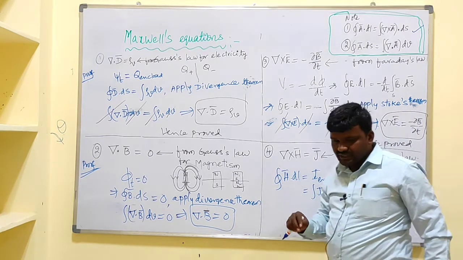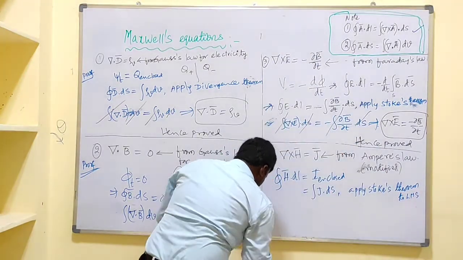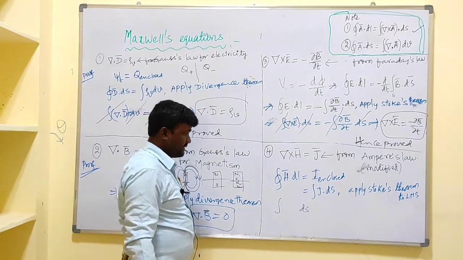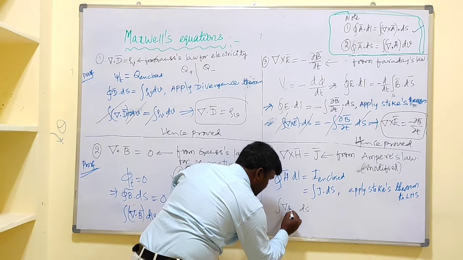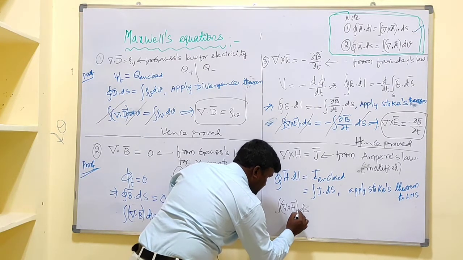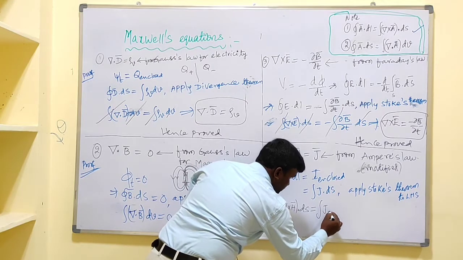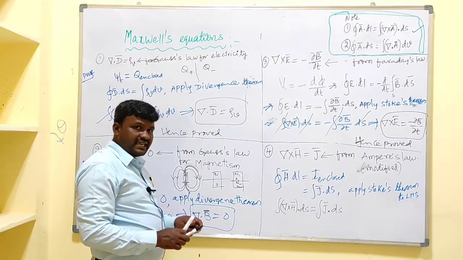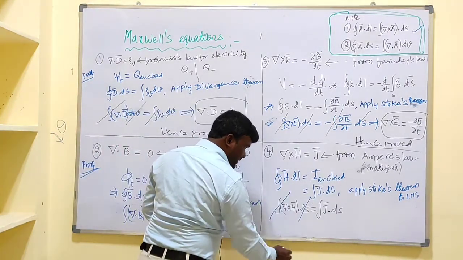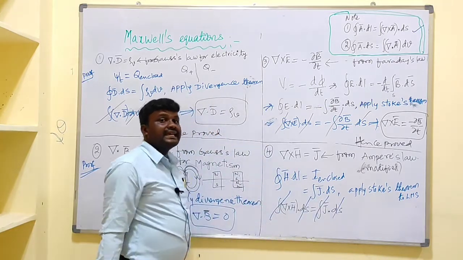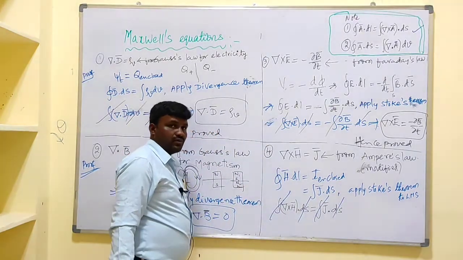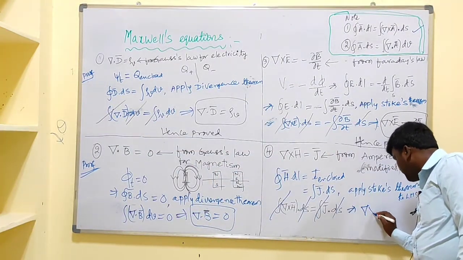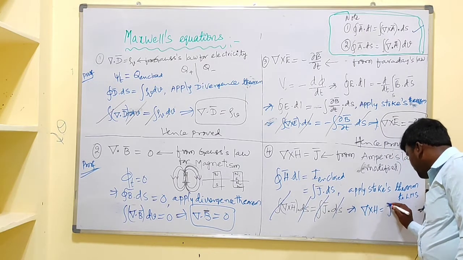Means what? If I apply Stokes theorem to LHS, this closed line integral becomes what? A surface integral, because closed line defines an open surface, and this vector becomes what? Curl of that vector. Means what? Del cross H bar dot ds is equal to what? Integral J bar dot ds. Of course it is vector quantity, J bar dot ds. And if you see here, I have surface integral on left hand side, here surface integral on right hand side. Means what? Integrals are equal, therefore integrand should be equal. What are the integrands? On left hand side, integrand is del cross H is equal to J. J means current density.